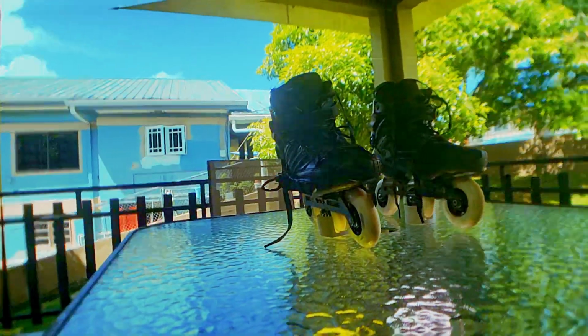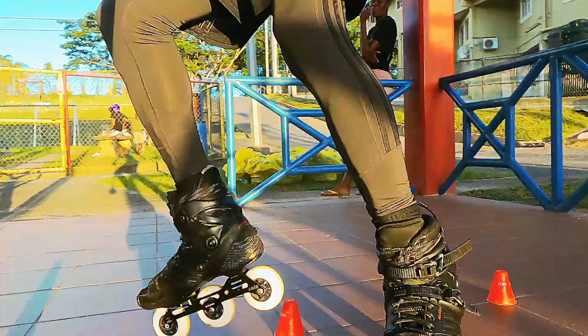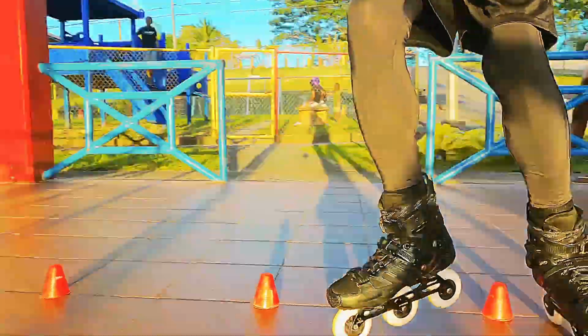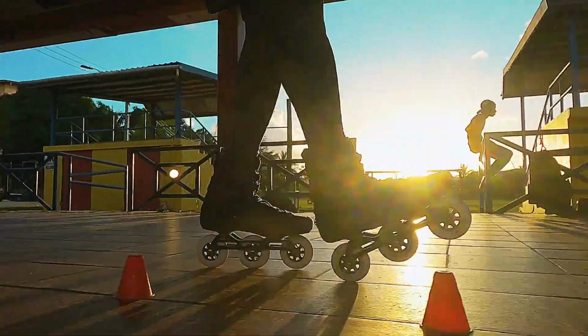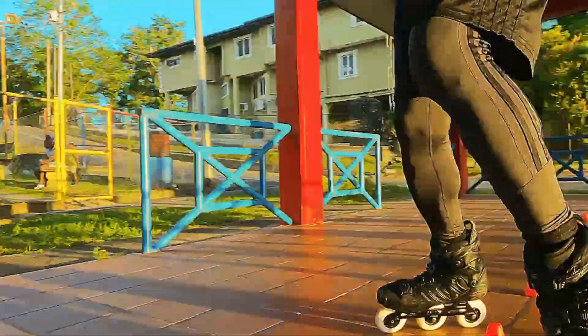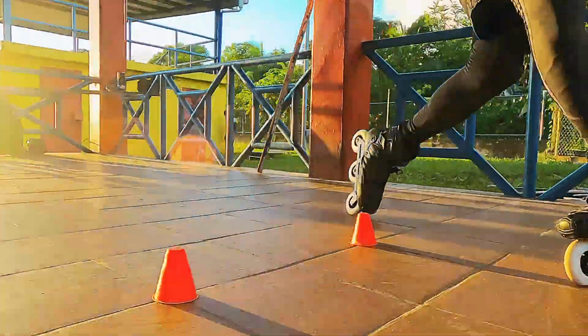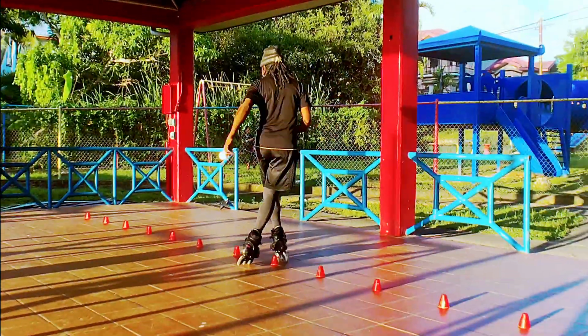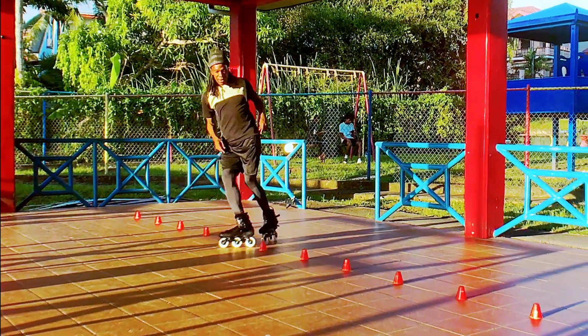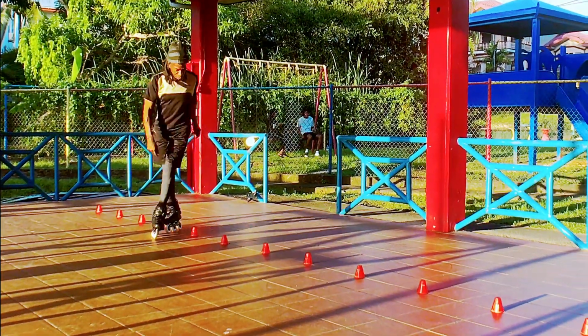Let's lace them up. Be warned! Changing and rotating wheels can make your skates feel completely different. They will be very unstable and unfamiliar at first because of the difference in wheel sizes, profiles, and positions from your last setup. So you will need an adjustment period to get used to the new setup and how it